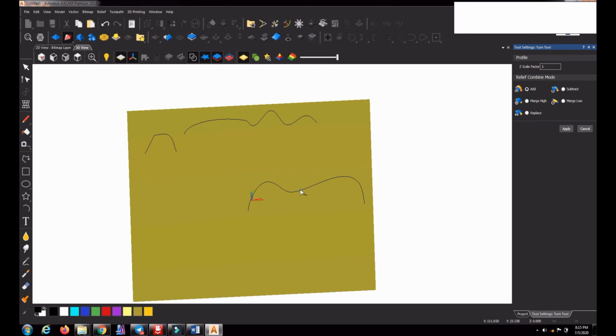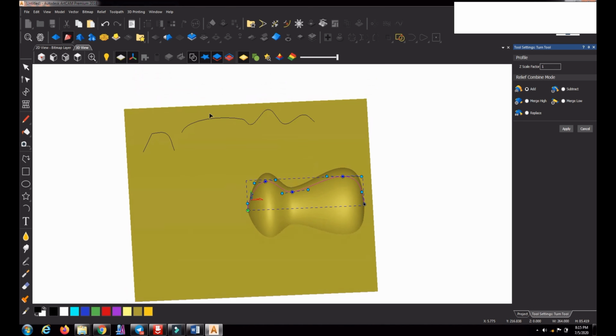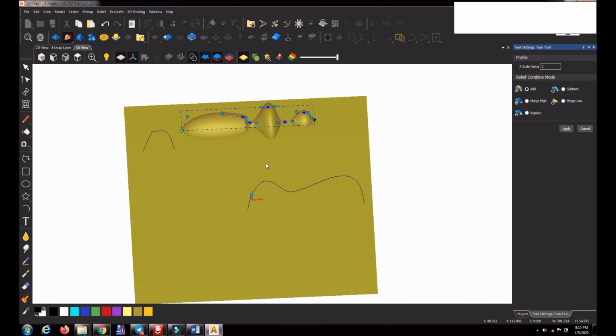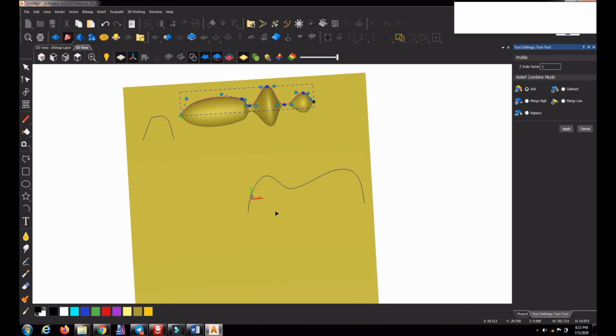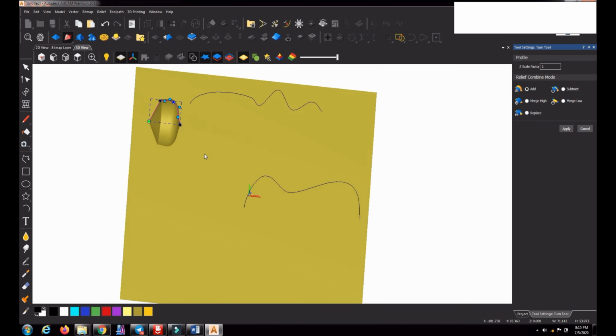So I am just selecting this particular one, and it's created the shape. You select this one, created the shape. What is happening is that you put a line end to end, and it will rotate on that axis. If you put a line from the start point to the end point of the profile, a straight line, it will rotate around that particular line, so you will get this kind of shape. That is the turn command. Here also, if your profile is like this, you will get it like this.